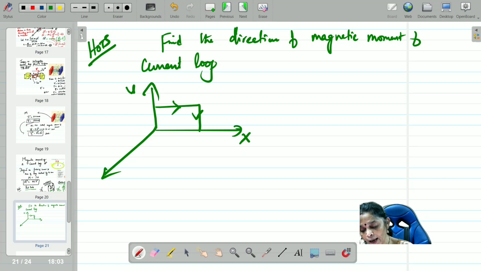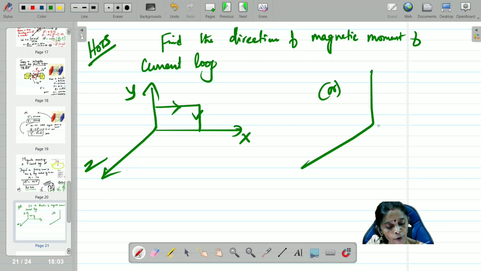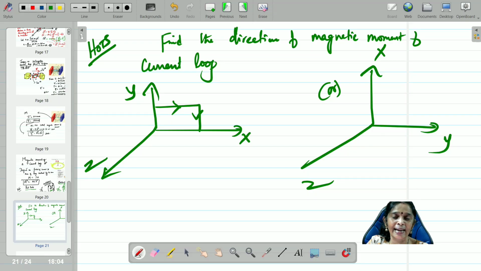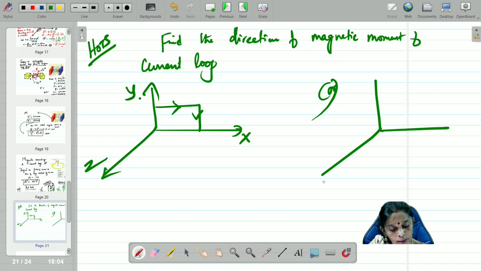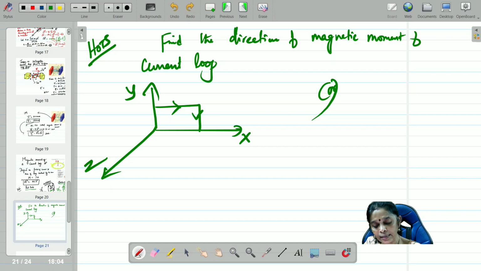Here, x-axis, y-axis, z-axis. Cartesian coordinates you always draw in the anti-clockwise direction, not in the clockwise. If I put this as x-axis, this as y-axis, and z-axis, it is not allowed. It's not correct because it's going clockwise. Always the Cartesian coordinates you have to write in anti-clockwise: X, Y, Z like that. If you want to put it here also as X, Y, Z, it's fine. It is correct. Do you get it, children?